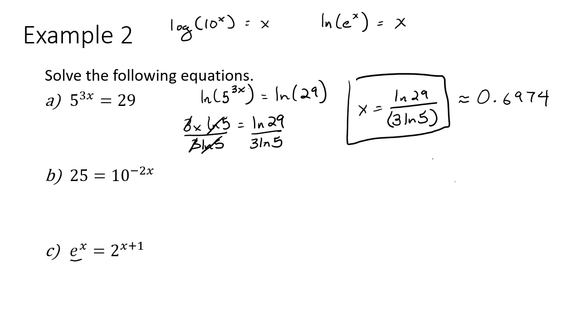So for part B, because we have an exponent base of 10, common log is the better choice here. Natural log will still get you to the right answer, by the way. Your right answer will just be harder to plug into a calculator. It won't look as nice. So if we do take common log of both sides of this equation,